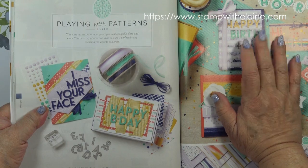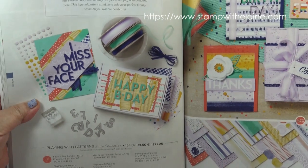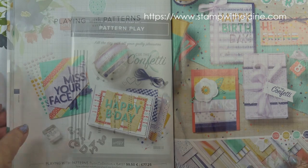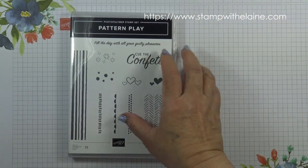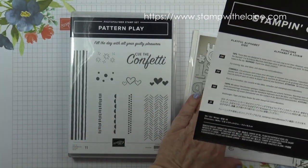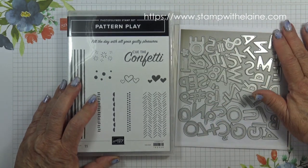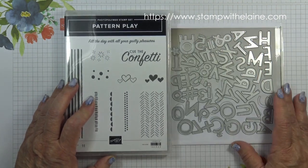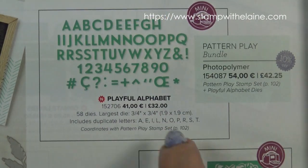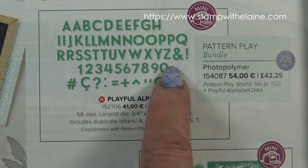The items I'm using are from the Playing with Patterns suite, and you'll find this on pages 100 to 102 of the new annual catalogue. In the suite, there's a stamp set called Pattern Play, and it's bundled with the Playful Alphabet dies. These include letters and numbers, and special characters for different languages. You can see all the characters in there, so it's got double letters for the more popular vowels and things,